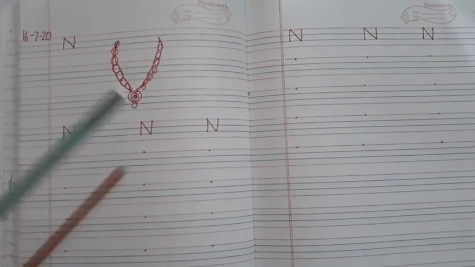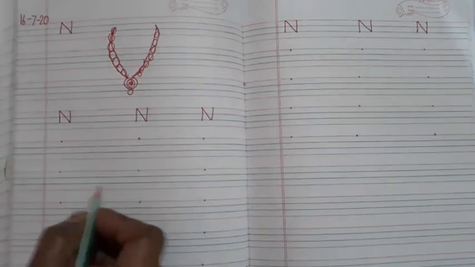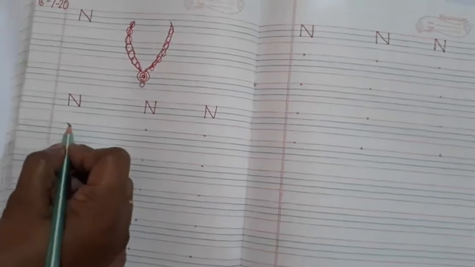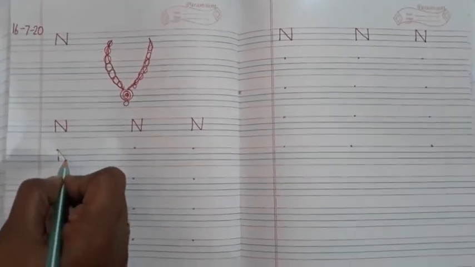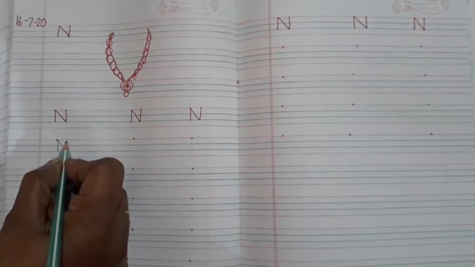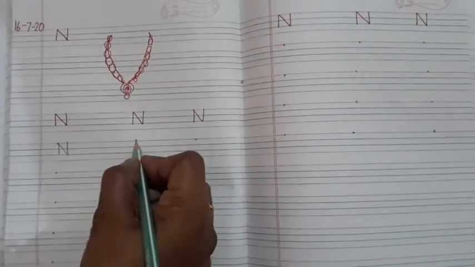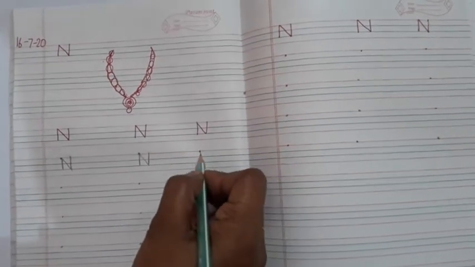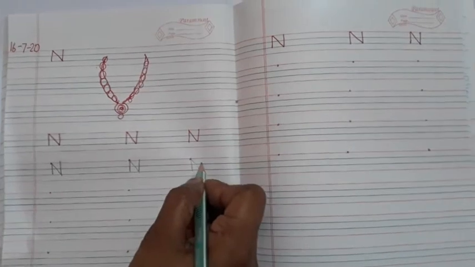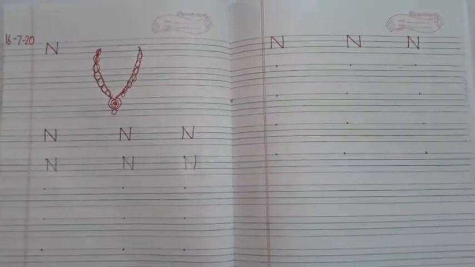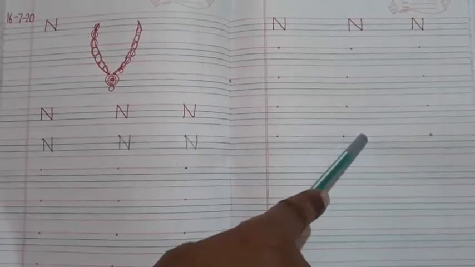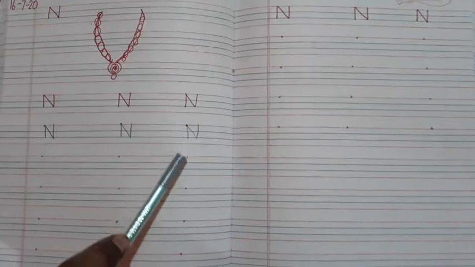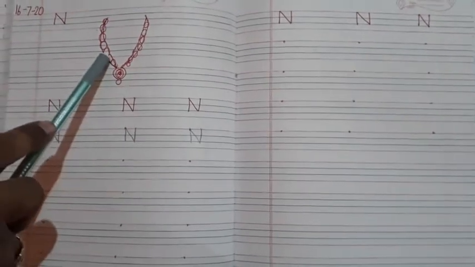Now I will tell you how you have to write letter N. Put your pencil on the dot. Draw a standing line like this. Again put your pencil on the dot. Slanting line and then go upward, standing line. In this way you have to write letter N. First you have to finish this page and then you have to finish this page. Right? Take help of your parents while doing this work, and also you have to color the picture.